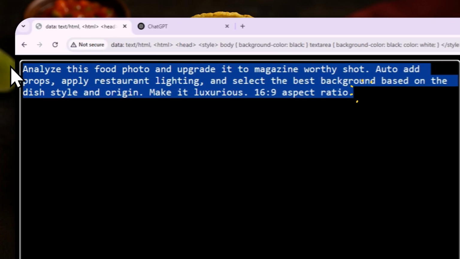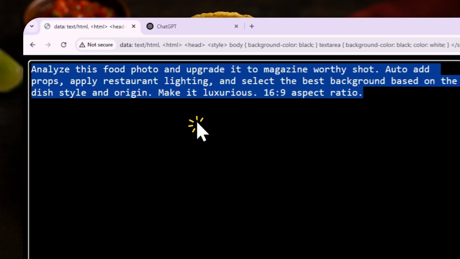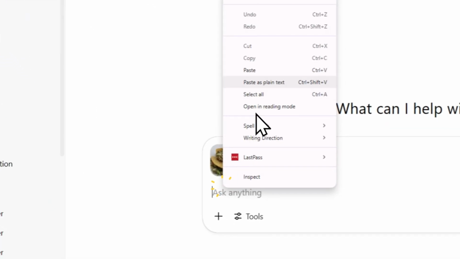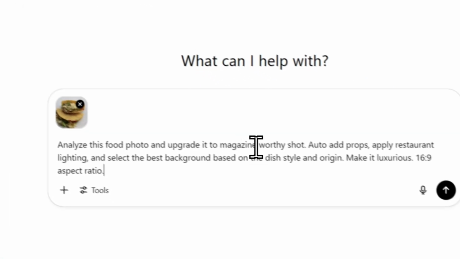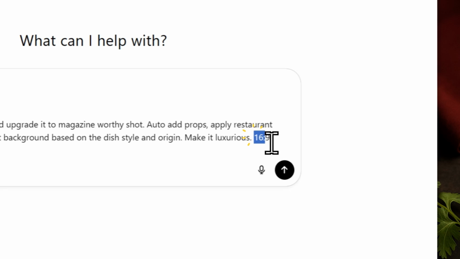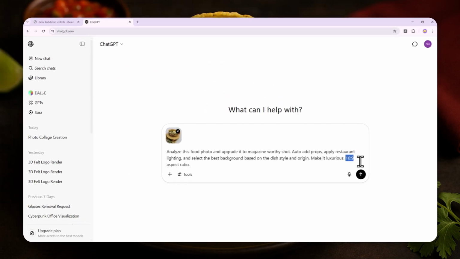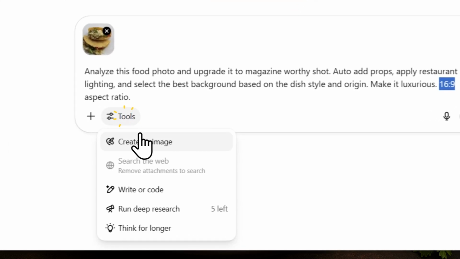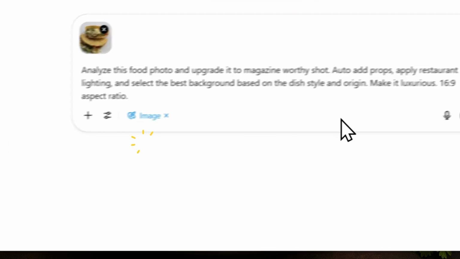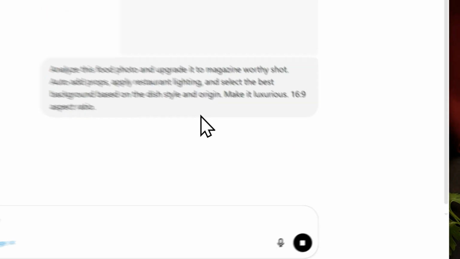Anyway, I'm going to select all the text, right click, copy, and then paste that into ChatGPT. Here at the end, you can actually select the aspect ratio into, like, let's say 1:1 or 9:16 if you want to get a square or vertical aspect ratio, but in this case I'll try to use a horizontal aspect ratio. And after that, click tools, enable create an image, and send the message to ChatGPT,